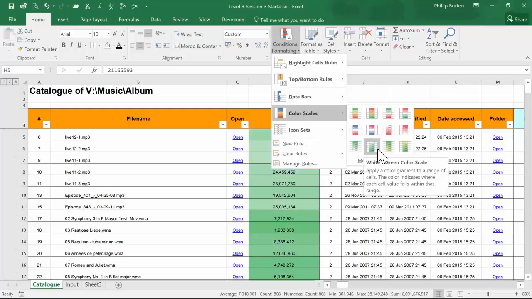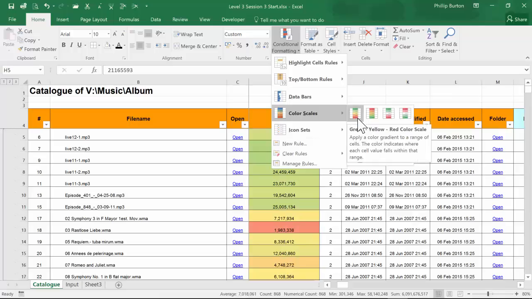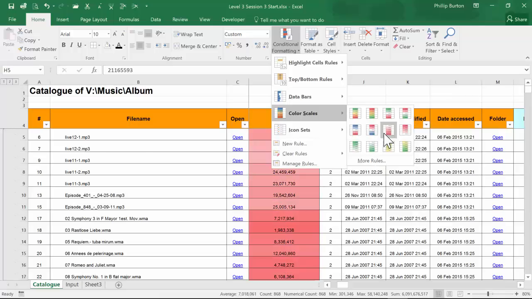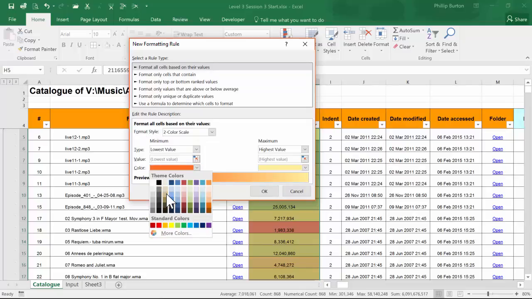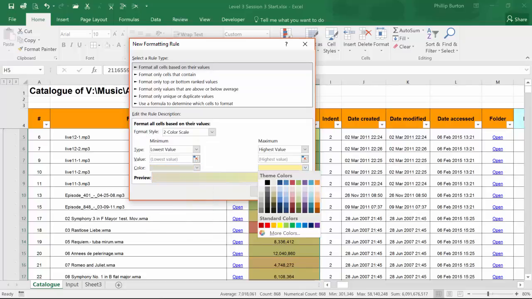Or you could just have it 2 colours. So in other words, you can have 3 colours, green, yellow, red, or you can have 2 colours, in this case green, white. And again, if the colours you want aren't quite what you want, then you can click on more rules, and again at the bottom we have this formatting, so we can go from, let's go from grey to,